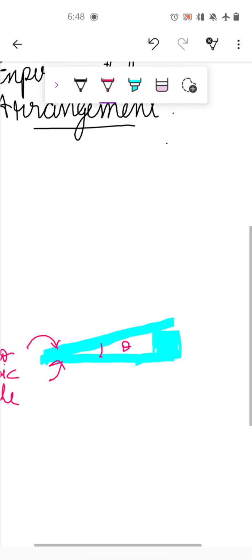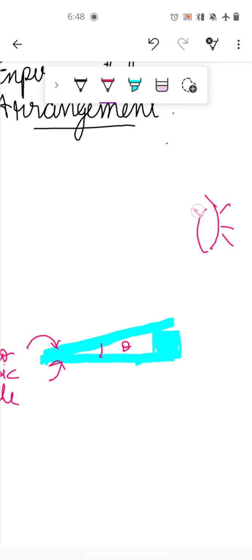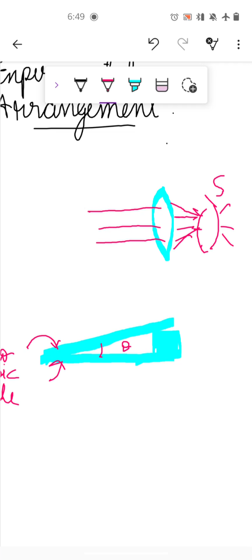Now we place our source here, a sodium lamp. It is always a sodium lamp when you use monochromatic light in the lab. It is known as the source. In front of the source there is a lens. Here we place a convex lens to convert the light beam into parallel rays. Light comes from this source, the lens collects all the light and sends it out in the form of parallel rays.